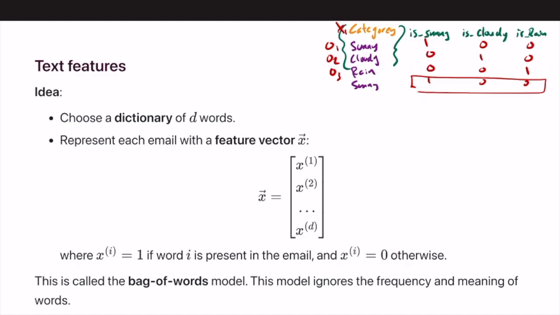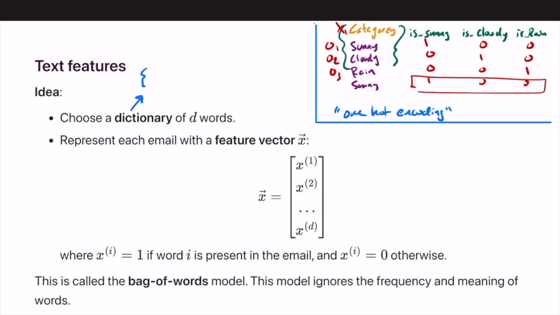So here we're trying to look at the emails that we have, and we're trying to identify emails that have certain keywords. So we create a dictionary of words, and the dictionary that we create is going to have words that we believe could be representative of words that are typically spam. So, for example, we could have a dictionary with the words